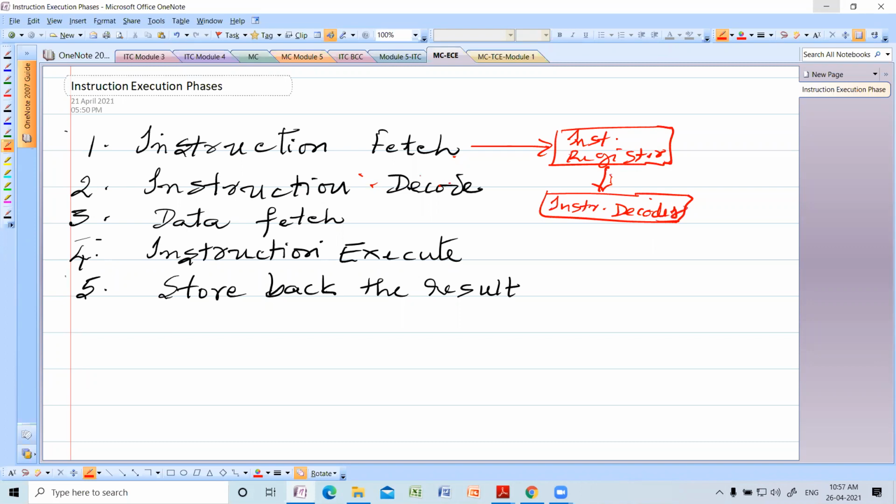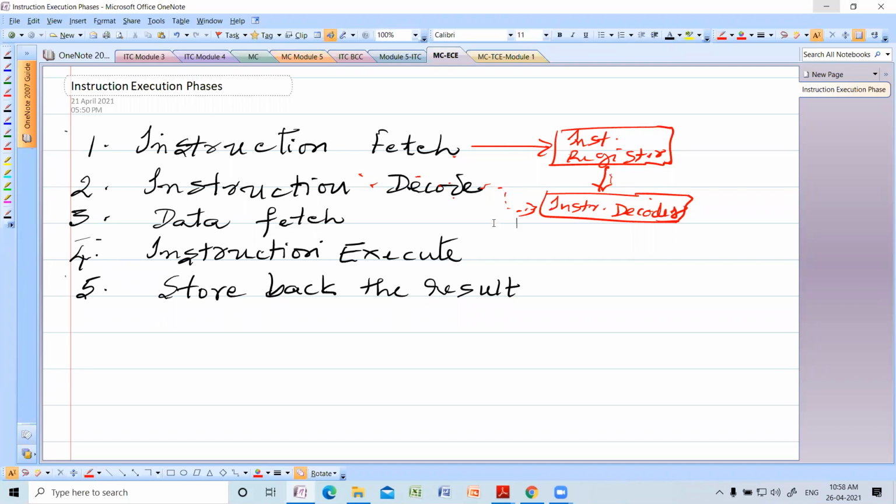This instruction decoder will decode the instruction. Afterwards, the required data is fetched. After the required data is fetched, what you have to do? You have to enable the arithmetic and logic unit to execute the instruction. Once the instruction is executed, the results obtained are copied into the actual destination.